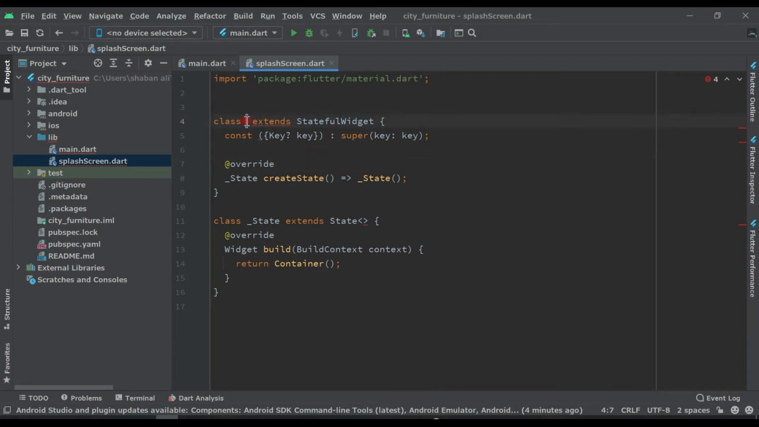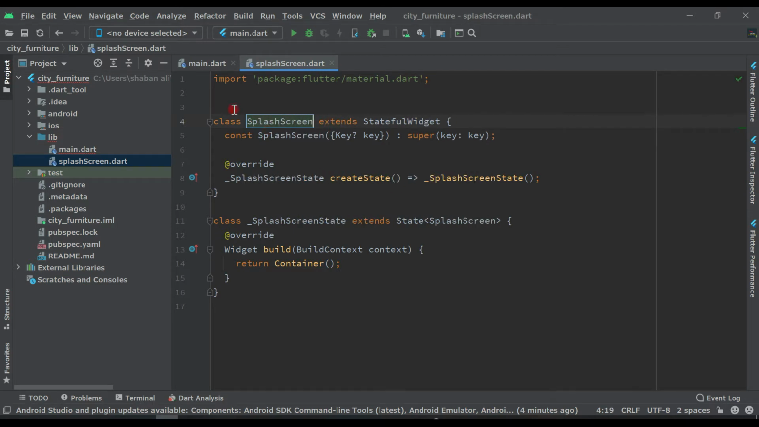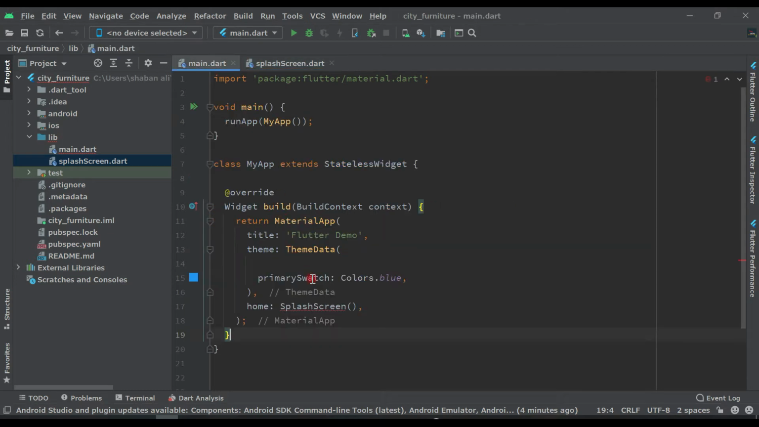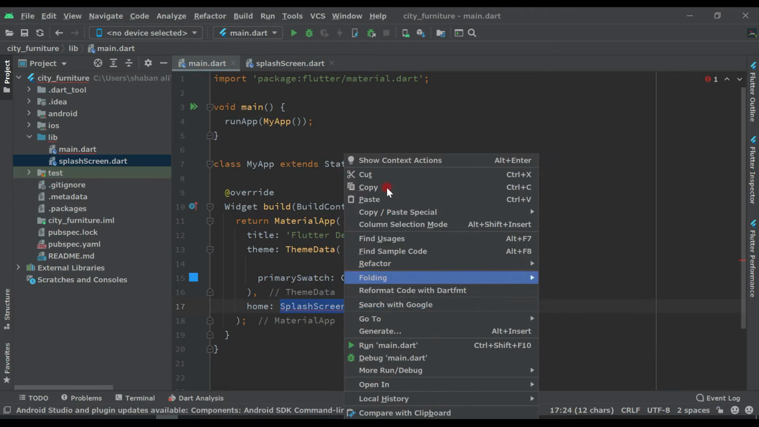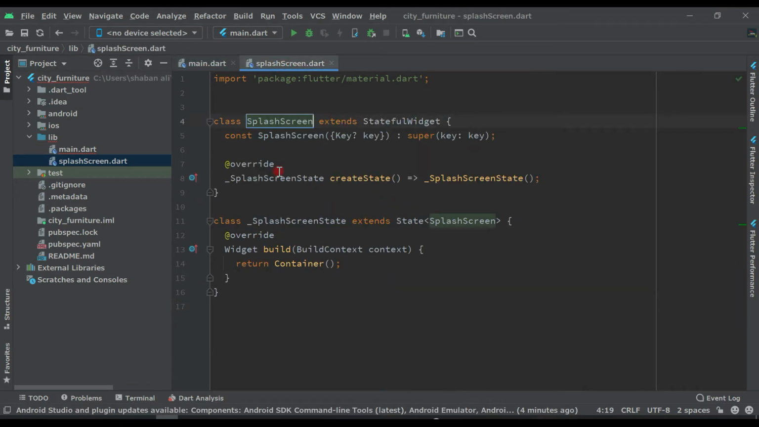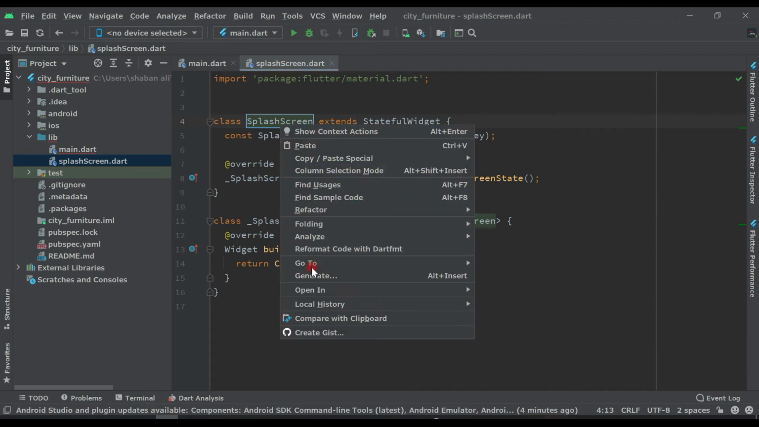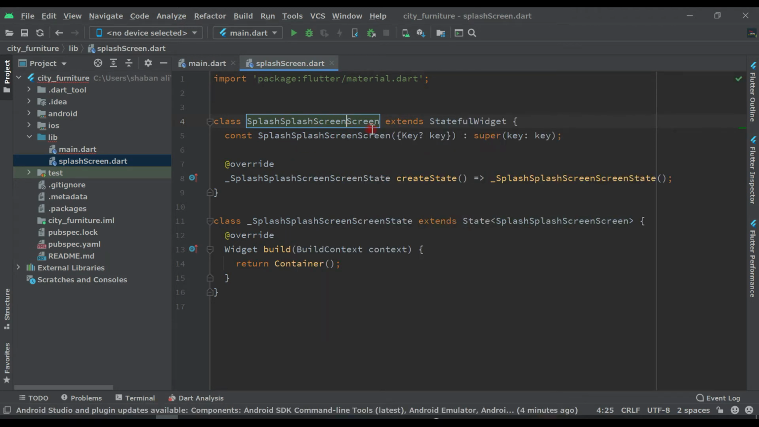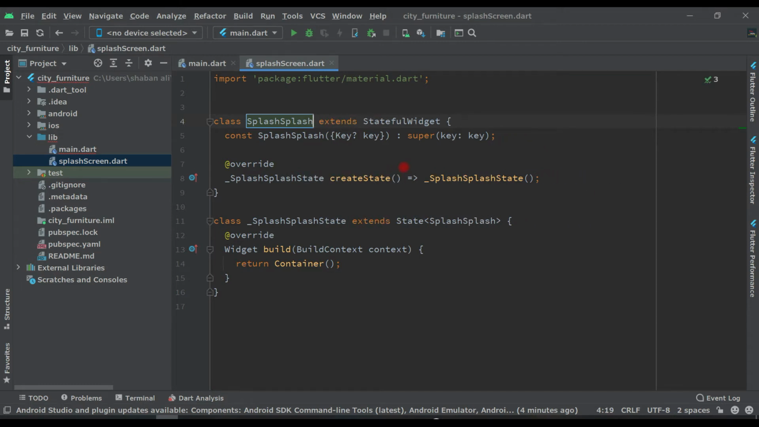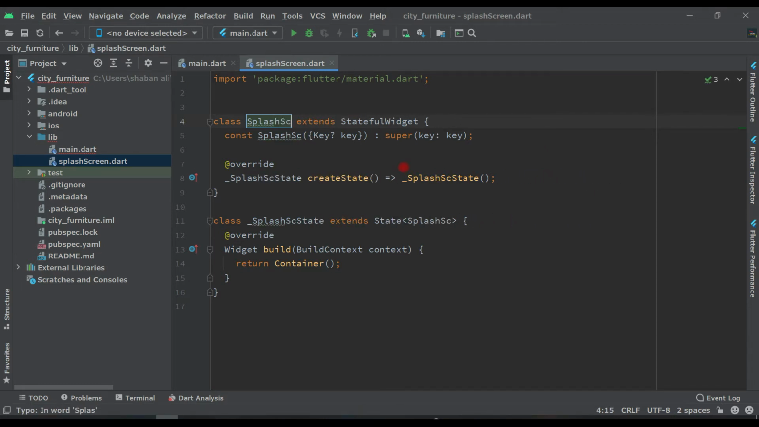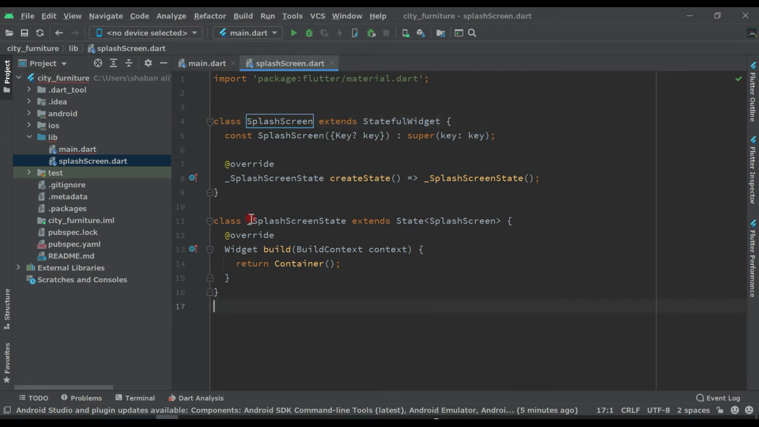So here the class name we have to give is splash. The same spelling which we did right here, this one you can copy, come back here and paste it here. Sorry, I have pasted it double. Splash screen, let's write it like this. Okay,